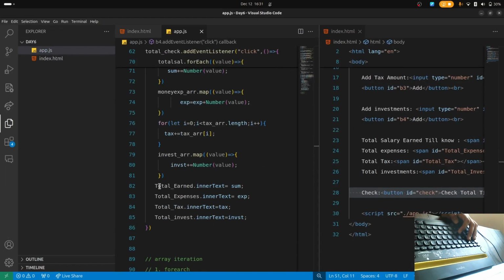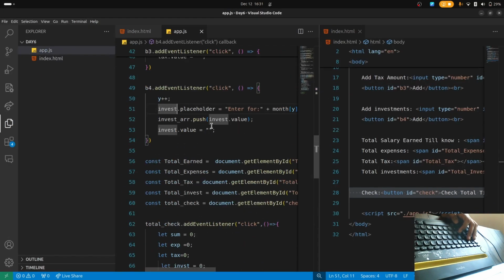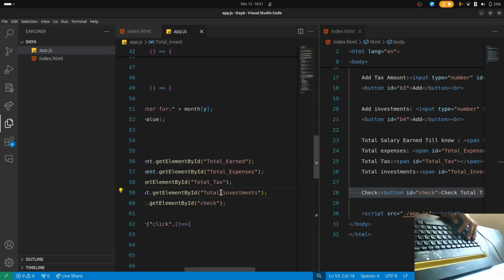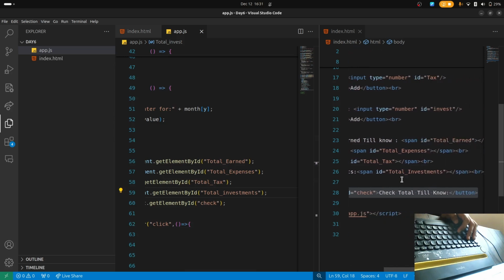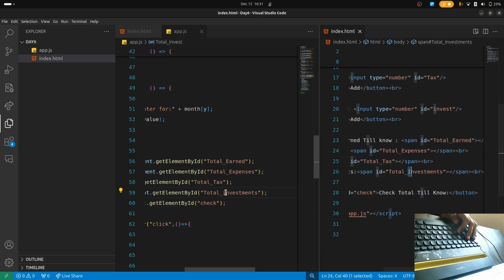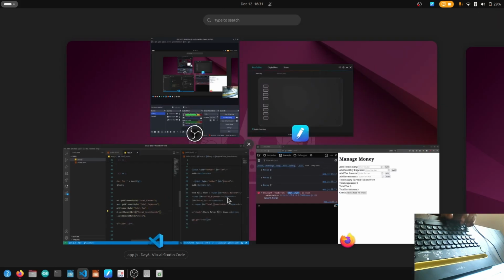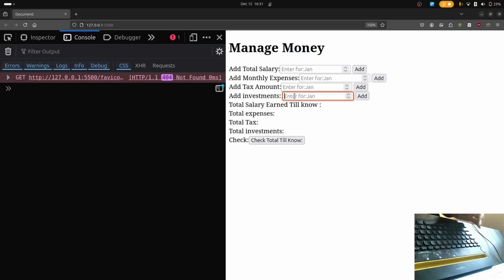Total invest is null. This is the total invest. I'm just taking the totalInvestment ID. And do we have the ID? Okay, totalInvestments. You can see there is a difference between a capital I and a small i. That's why it's saying there is no element named totalInvestment in the HTML. So now if I use the capital I,